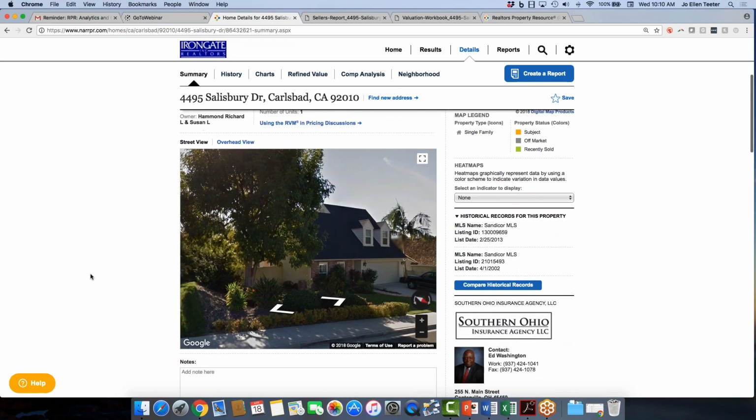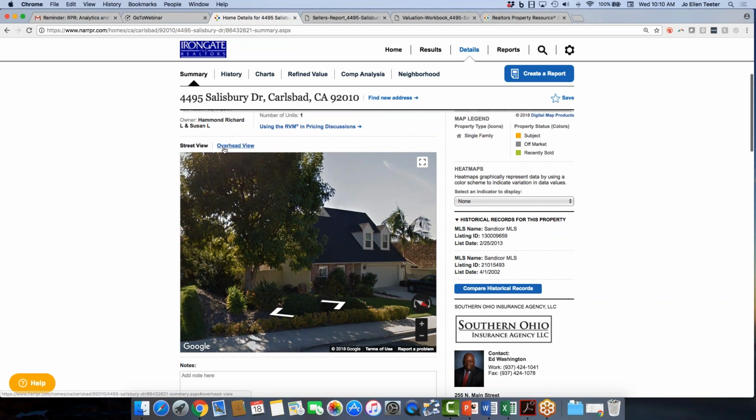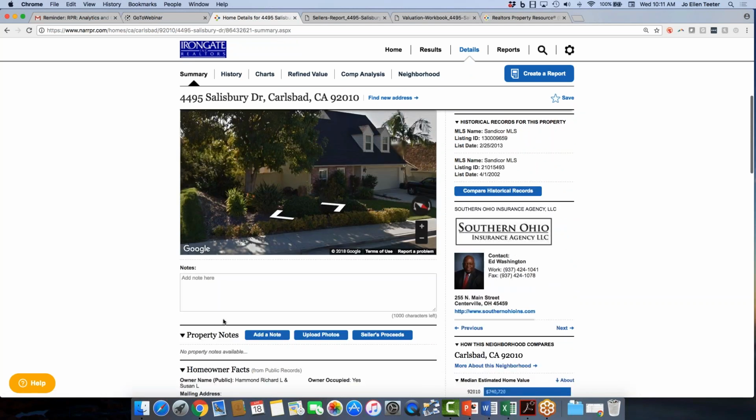You've got the pictures of the property here, and you've got the overhead view. There's a place for notes. And typically when I'm getting information from,